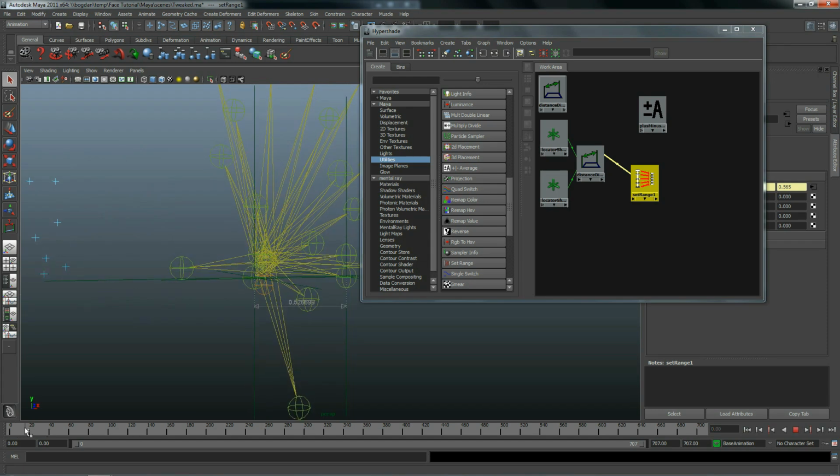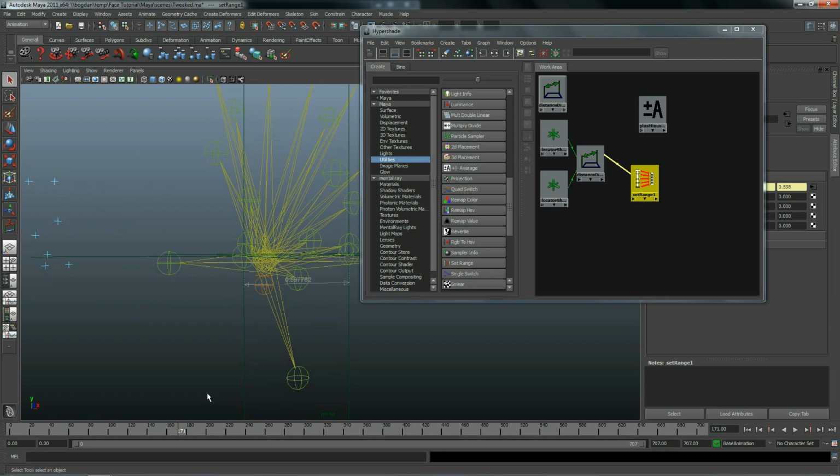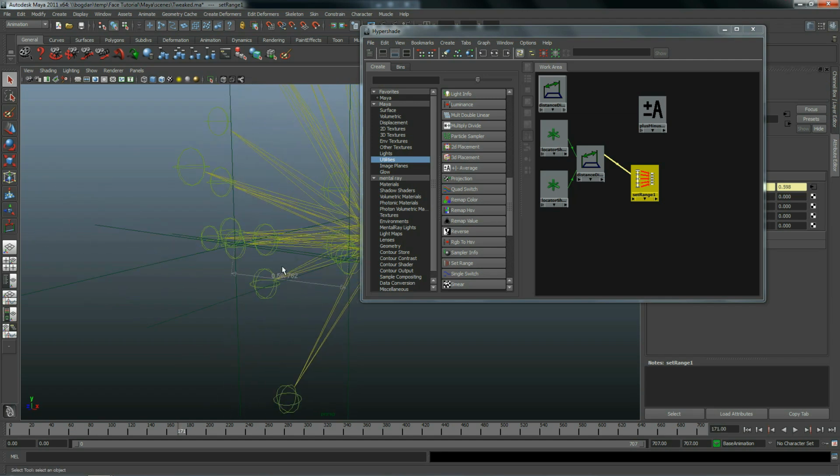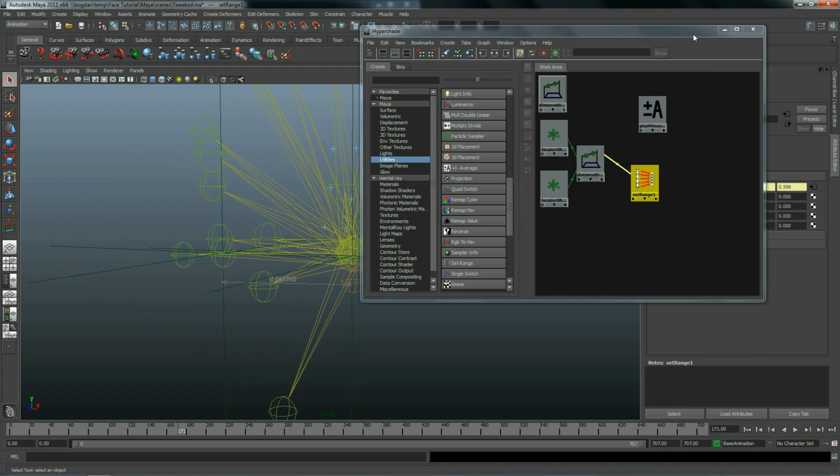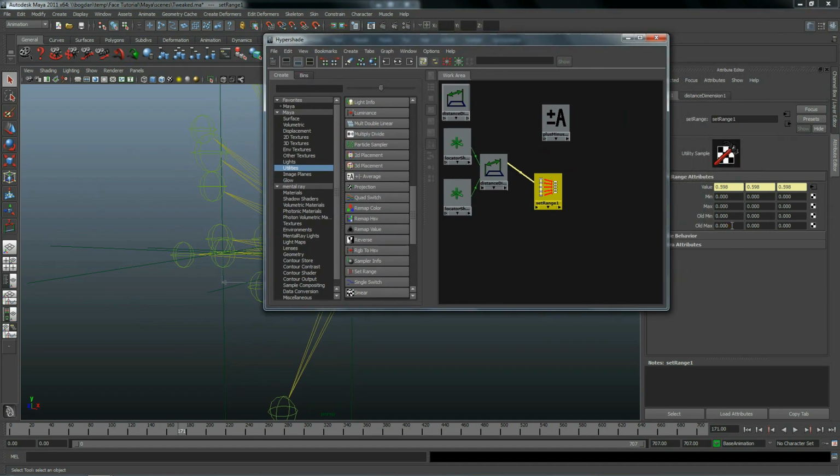Now scrub through the animation and write down the maximum and minimum value displayed by the Distance tool. Put these values into the old max and old min of the Set Range node.